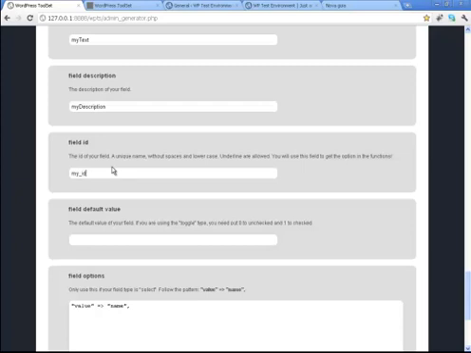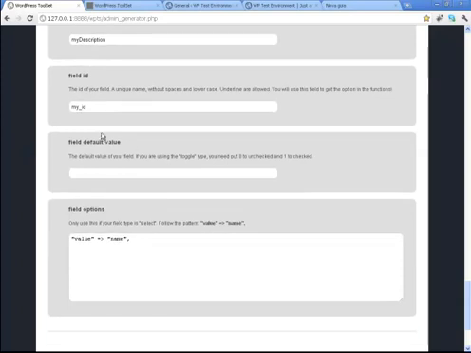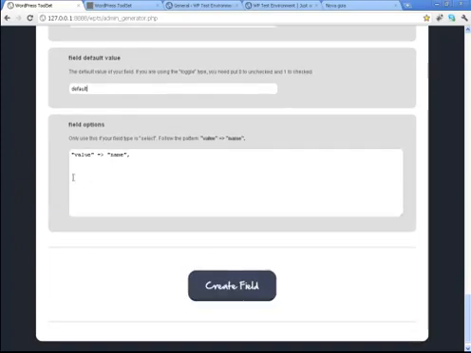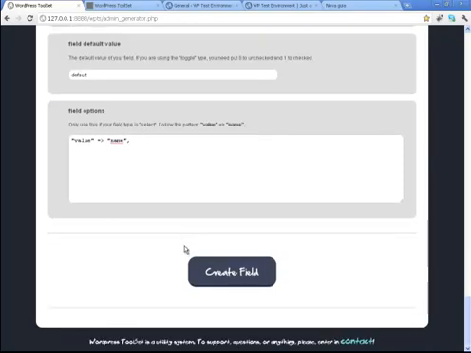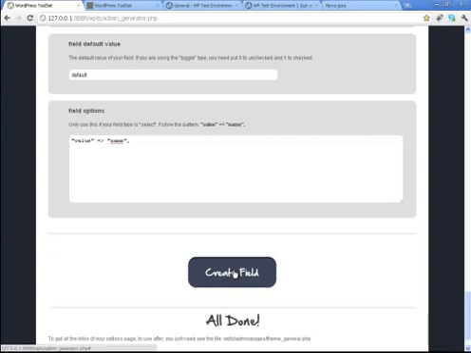My ID. Here we have the default value for our field. Let's see. Okay, and in the field options we have a pattern, and you only use this if your field type is select. Then let's skip this field. We click on create field,